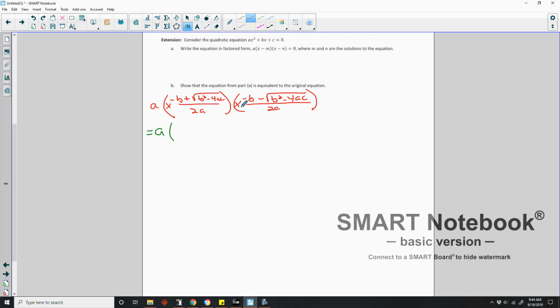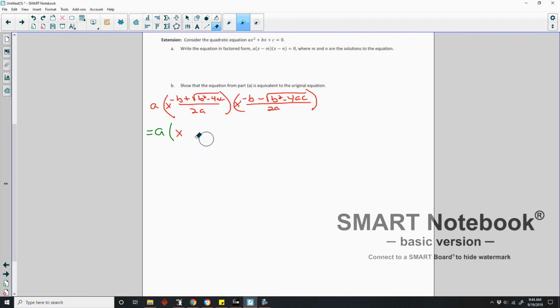times x plus, all right, or x minus b squared minus, okay, so I forgot my x in front here. All right, so now we have to FOIL these is what we have to do. So x times x is x